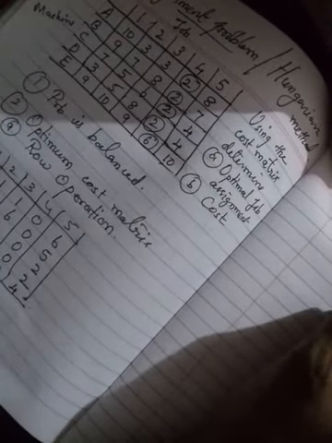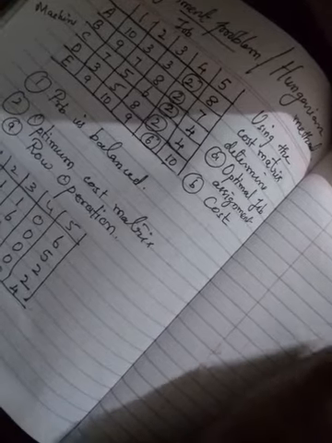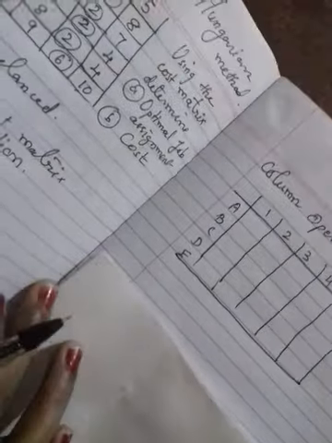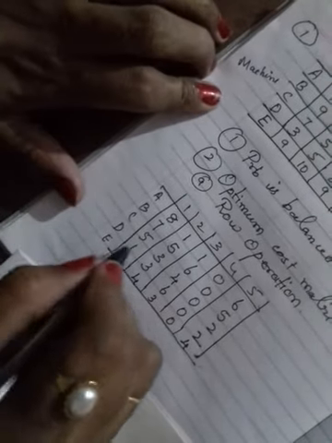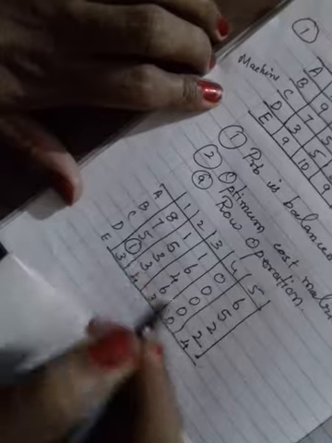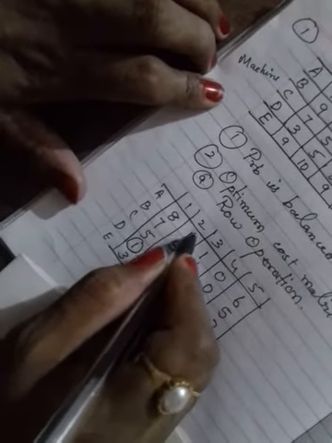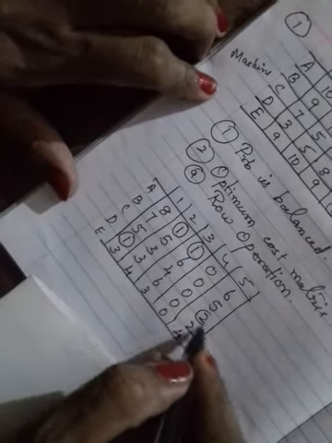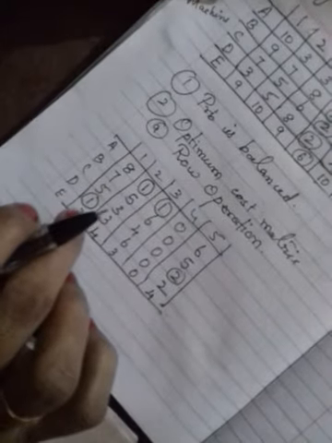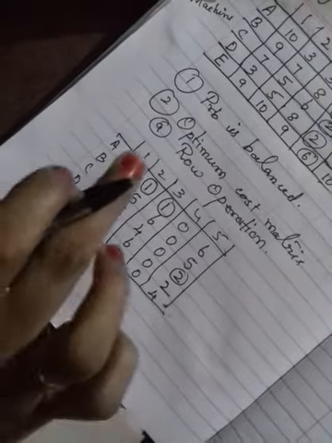Column operation. So same method. How to do? Same procedure. From each column you have to identify the smallest one. Which is smallest here? 1. In this column 1 is smallest. In this 1 is smallest. Here everything is 0, so no need to touch. And here 2 is smallest. Okay, do the column operation. From the first column you have to subtract 1.